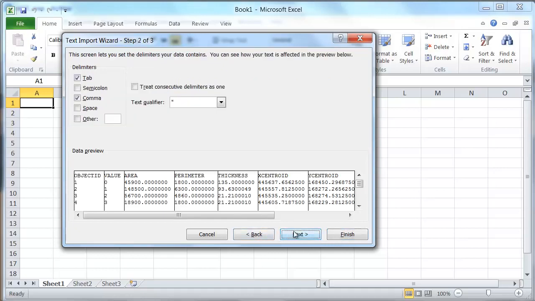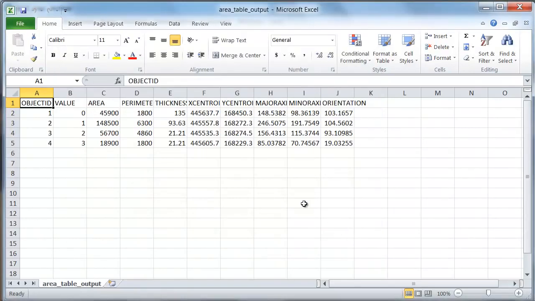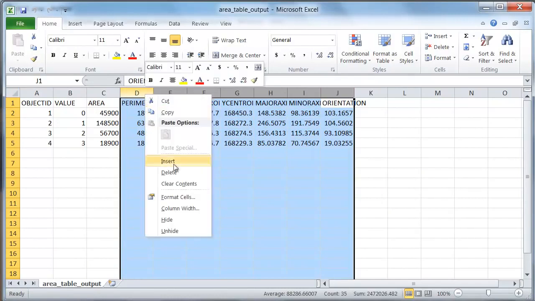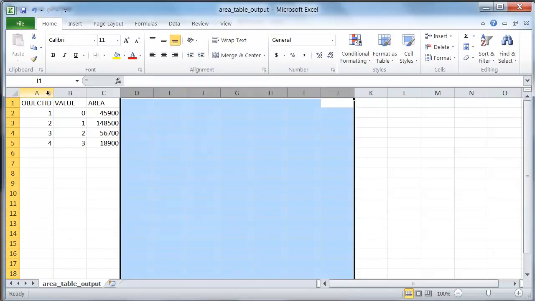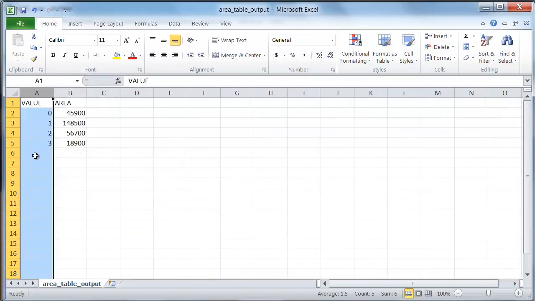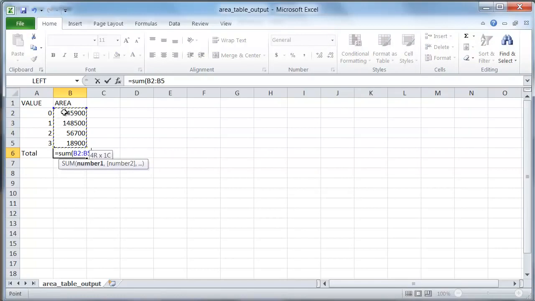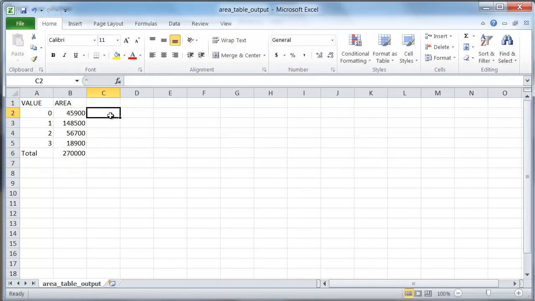Is that what I want? I was looking to see if it has something that tells it that the first row is actually the important one, but it doesn't, but that's fine. Okay, now I can just take all of these that I don't really care about, highlight them, and delete them. I can take this that I don't really care about and delete it. I can have here at the bottom the total, and this can be equal to the sum of all of these, right? Now I can say that this is going to be equal to this divided by